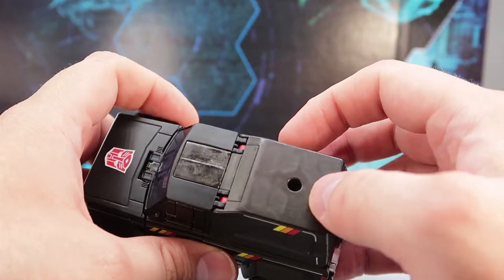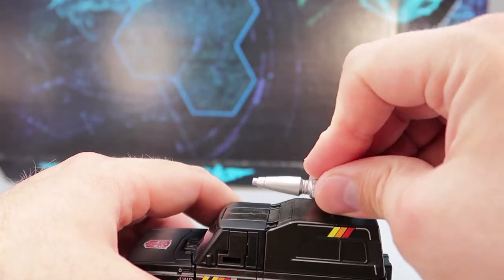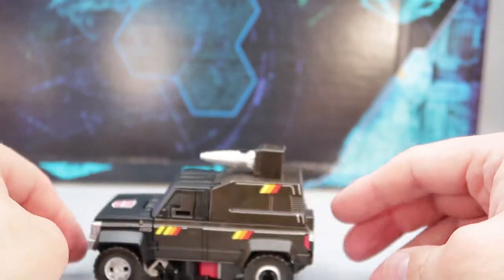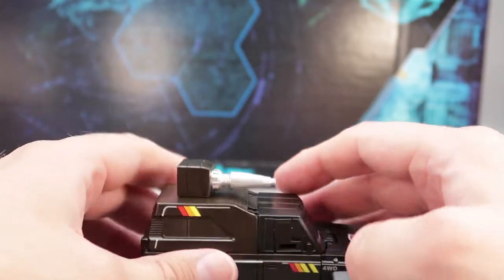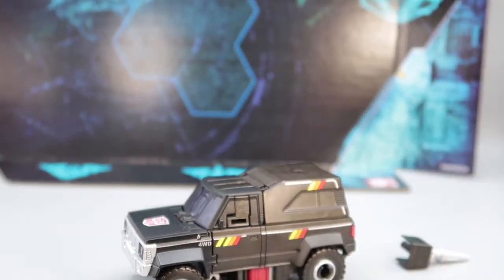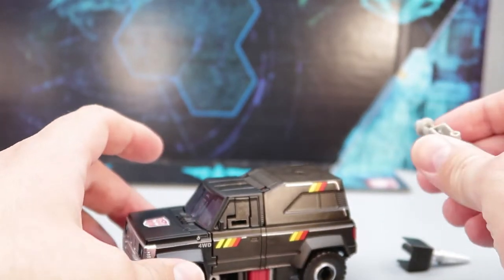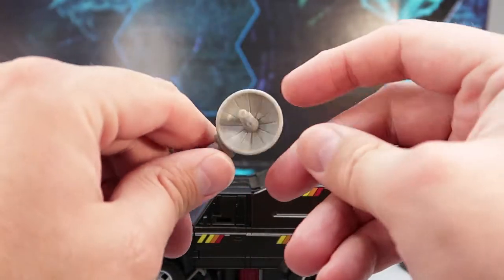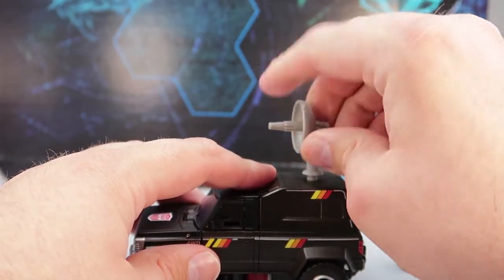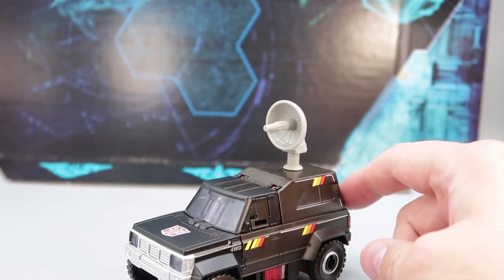You have a nice port here, and that can port in the weapon here if you are so inclined to have that attached to the vehicle, which, you know, I don't like that. But what I do like is that if you bought the Centurion drone set from Hasbro Pulse, you got this little satellite, and this little satellite goes right here on top of Trailbreaker, and that will kind of let you